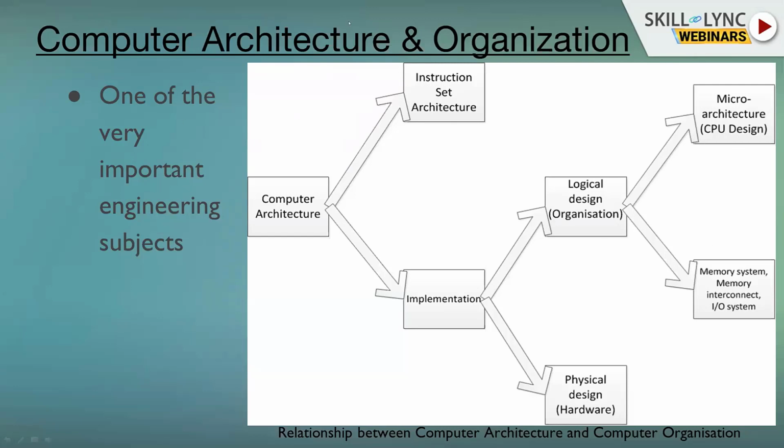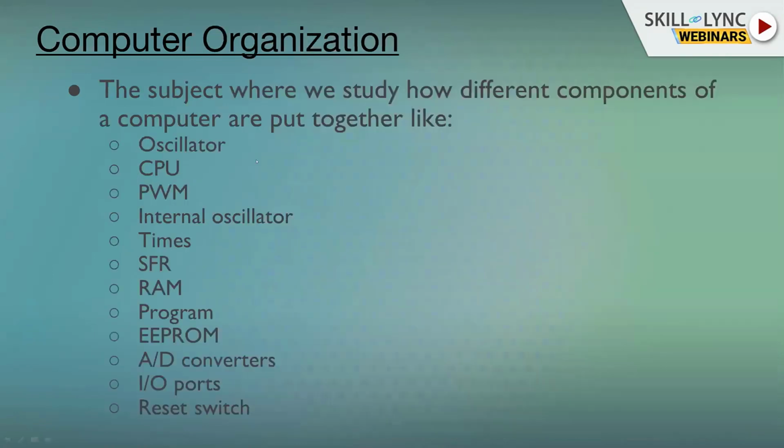So in your computer architecture and organization, you study mostly all these concepts that I introduced to you in this presentation till now. I just listed down the different components, specific names, the different electronic components involved in this: oscillator, CPU, PWM. All these things you will be studying in this particular subject, and all these components are used in microcomputers. Okay, so we are talking about microcomputers, right?